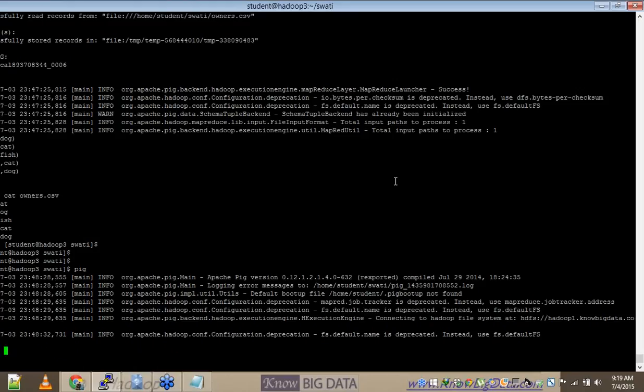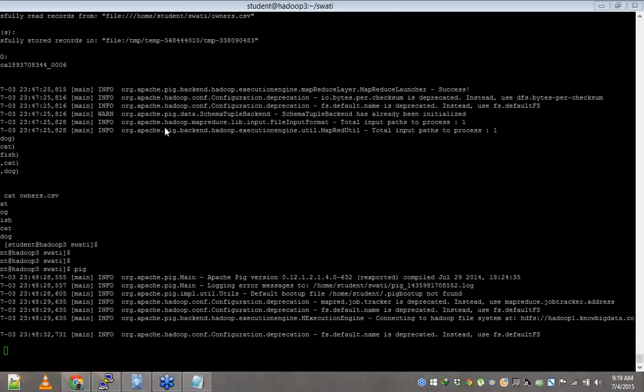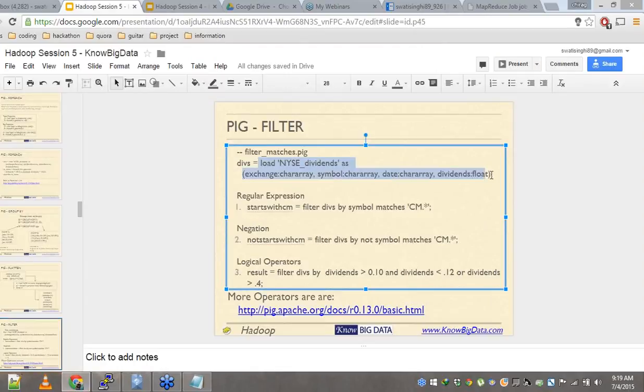Okay, anything which starts with cm. So cm dot star basically means anything that starts with cm followed by one or more characters, right? So it's essentially anything that starts with cm. This is a regular expression way, right? So let's quickly